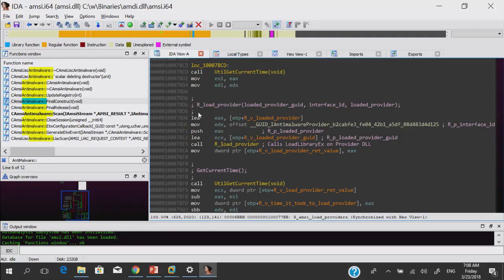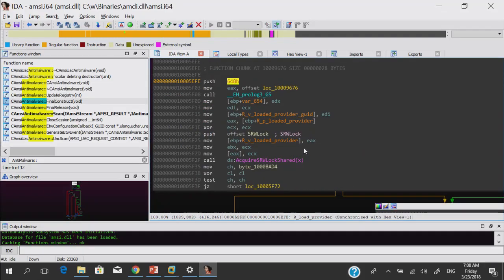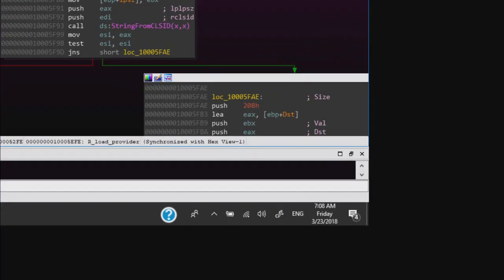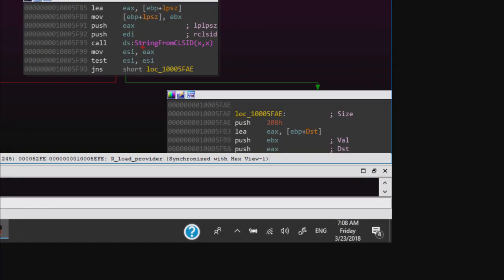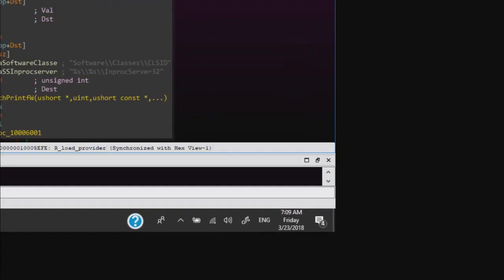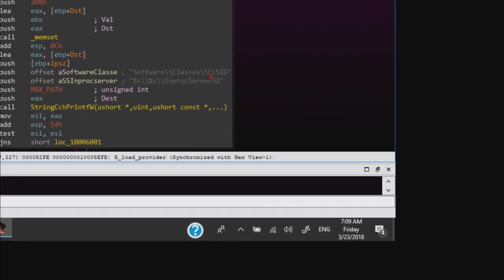And if we take a look at load provider, we can see that it does a few simple steps. One is to get the string from the class ID. So it's going to convert the GUID to a string, and then using string formatting, it'll access the registry. So it's going to access the class ID, and then InprocServer32, where the path of my provider is going to be stored.